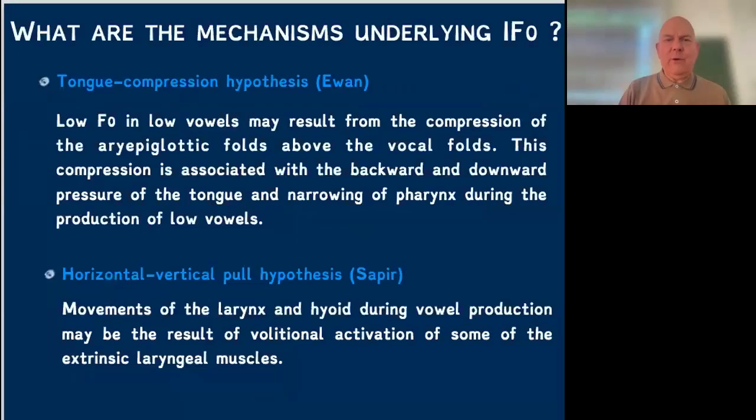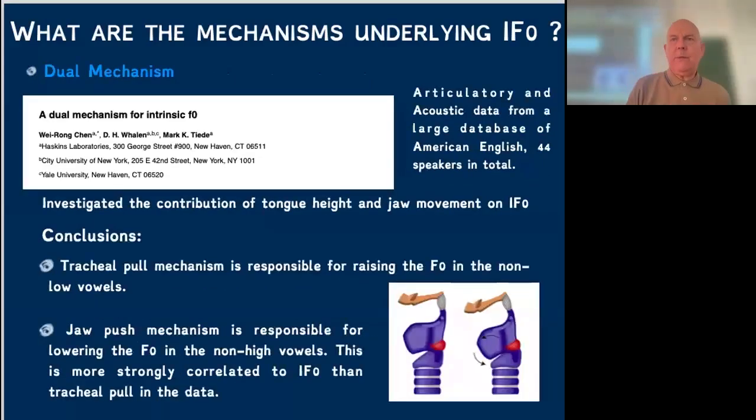There are different versions of this around to try to explain different aspects of the data. But a rather interesting one, I think, has only been published beginning of this year, or was it last year? I don't have the publication date, but I think it was even earlier this year. So Chen, Whalen, Tide,